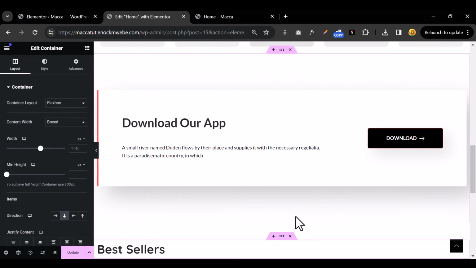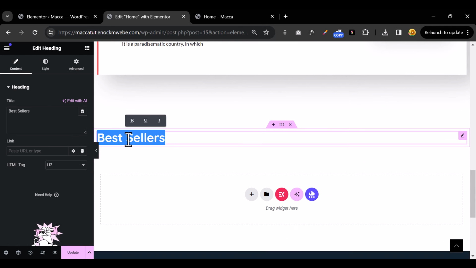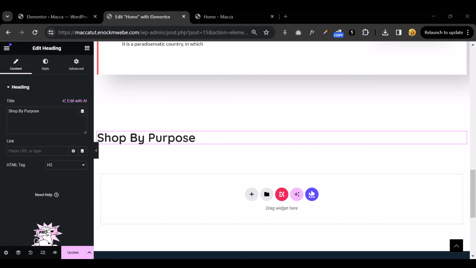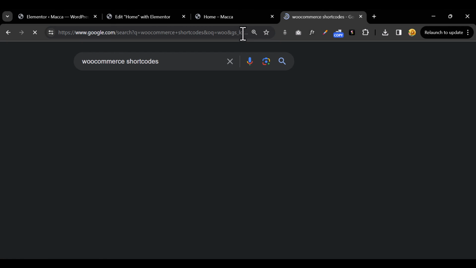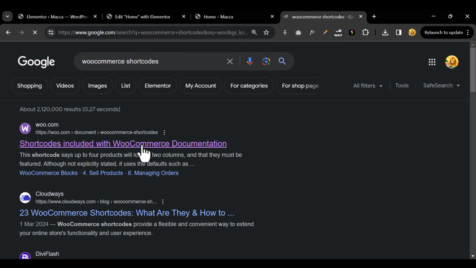Now let me call this "Shop by purpose". Great. What I'm going to do here is search for WooCommerce product shortcodes, WooCommerce shortcodes,